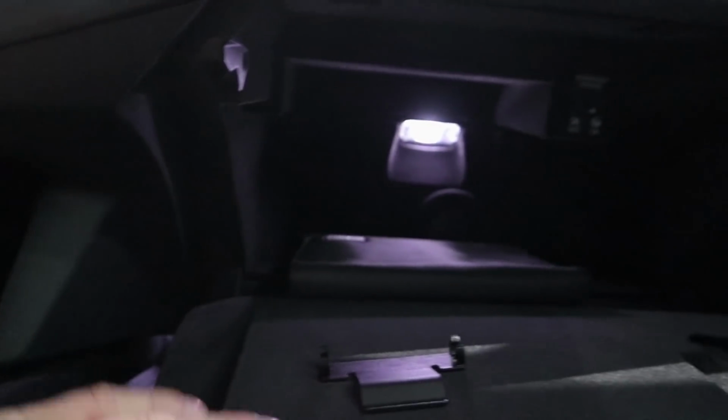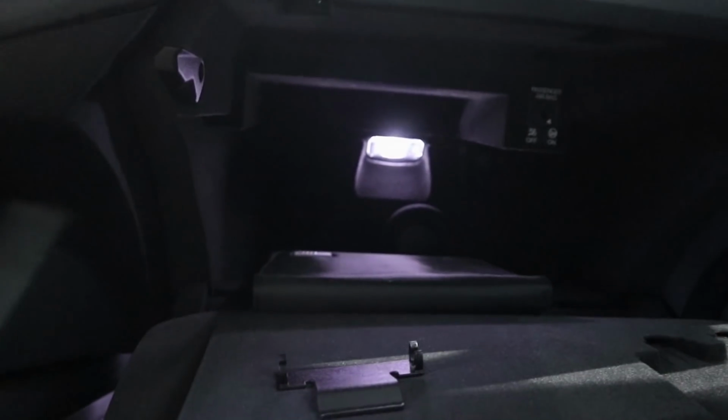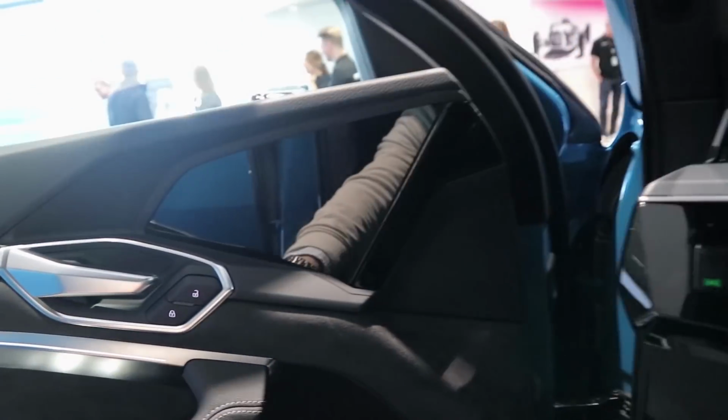And since you actually don't have an engine out front, this is huge. This is one of the largest glove boxes I've seen in recent memory. So that is quite welcome and awesome. So guys,